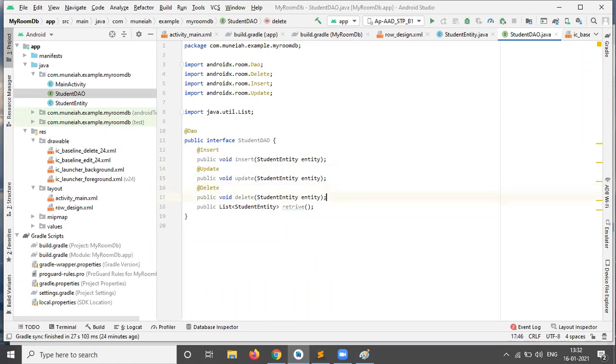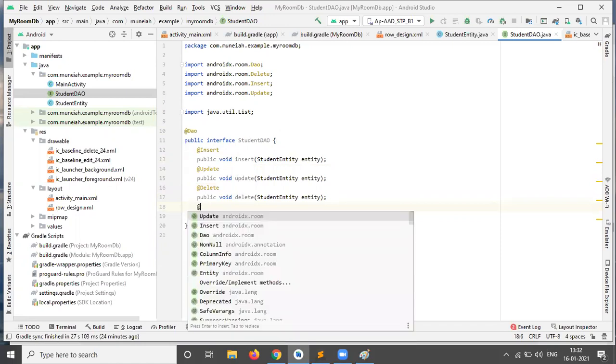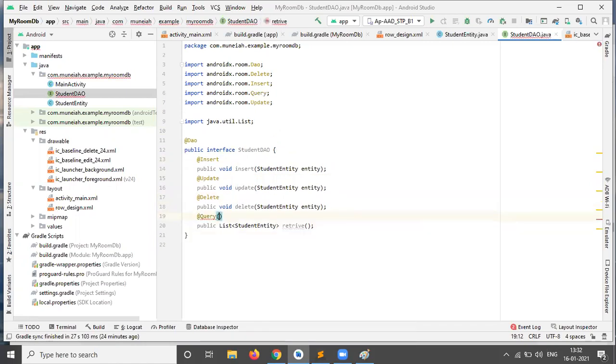For retrieving, we need to add the query. Why we are using a query is that for retrieving we have difficulties. Like if you want to take all table columns, all table attributes, we just call select star from table.